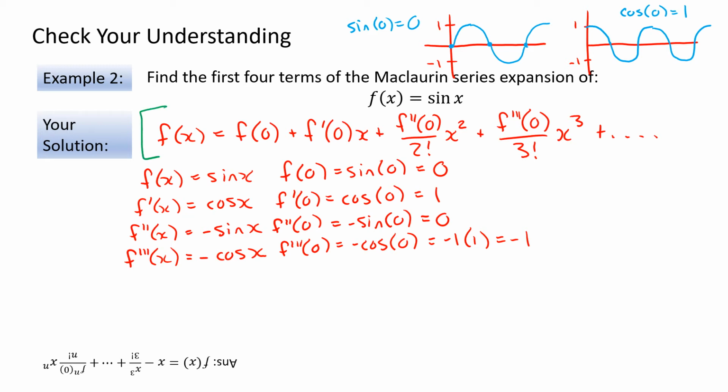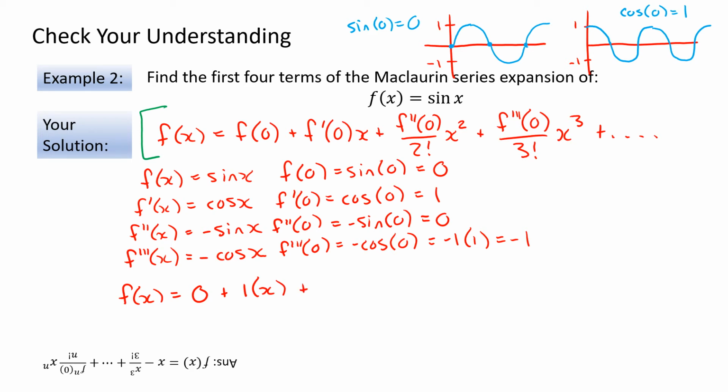So most of the legwork in determining this series is, actually I'm going to say all of the legwork, is figuring out these derivatives and then substituting. Okay, so once you have that, you substitute them in. So f at x is equal to f at 0, which in this case is 0, plus f prime at 0, which is 1 times x,